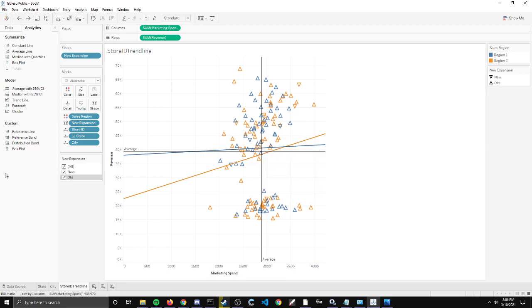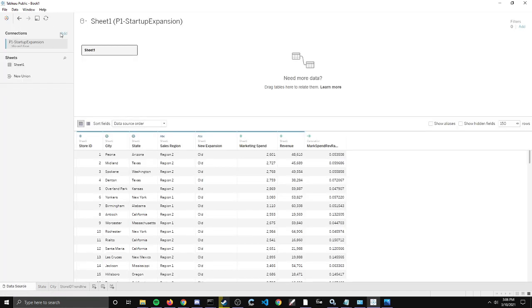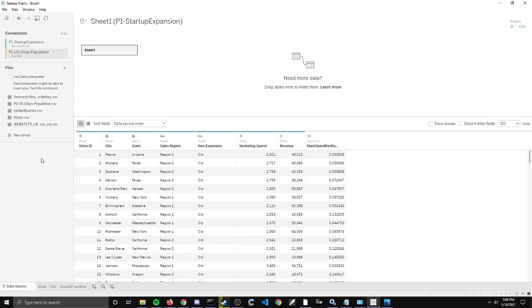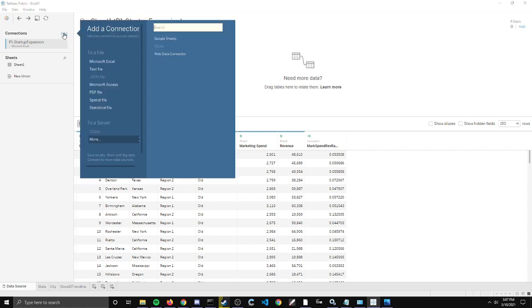Okay, so I think now what I need is the other sheet. Let's do, I think I need to add a connection and cities. Boom, okay. Let's see, how do I, oh, is this how it's supposed to work? Add a connection at,